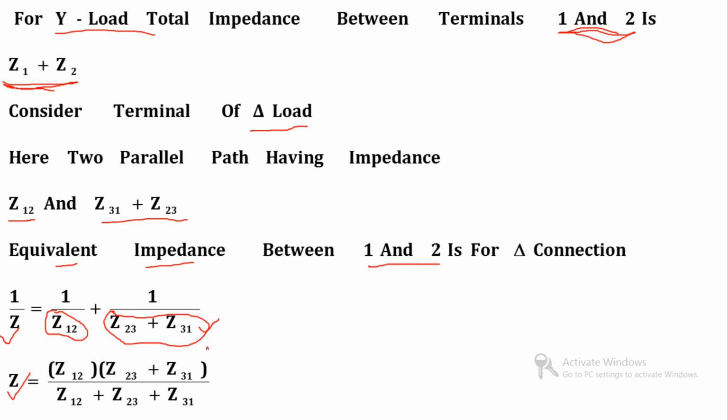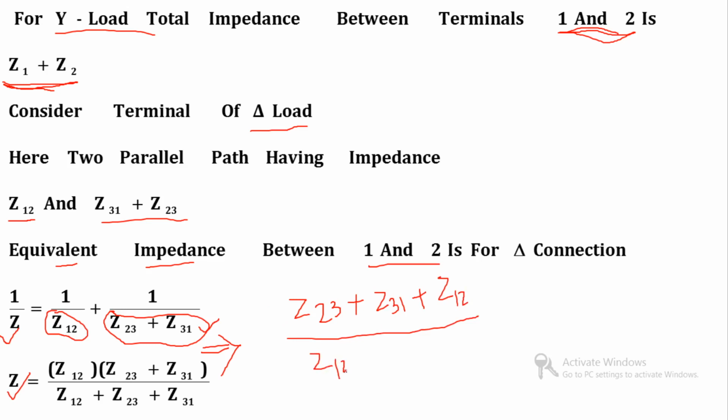I have not added the steps for the simplification. It should look like this. If I take the LCM, then the numerator will be Z23 plus Z31 plus Z12,